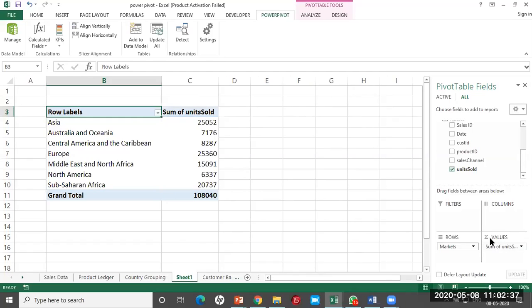The sales table did not have the countries and markets. Countries were in the country table. Units sold was in the sales table. But I am able to pick one item from one table and another item from another table, and then create one unique pivot table. This is called relational databases. Now we are able to work with multiple tables, and you can dive deep into the data and find out where exactly the problem is. You can create colorful dashboards like we created last time, and you can create a lot of things over there.